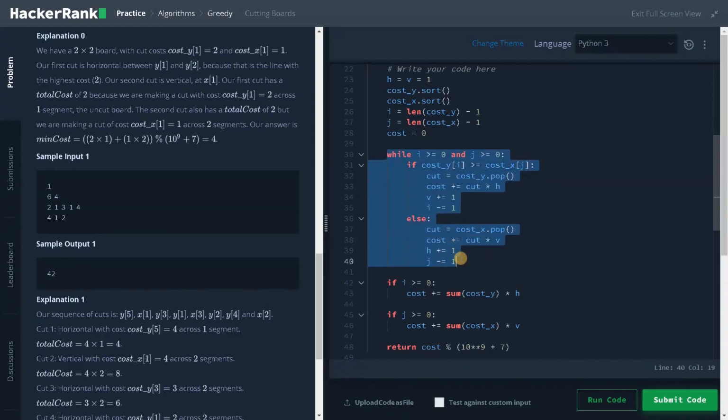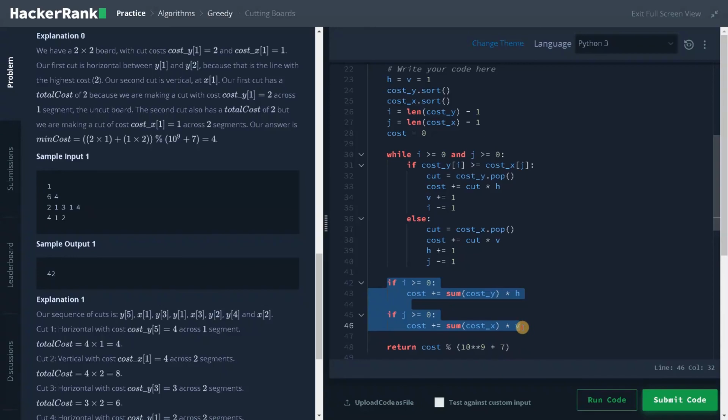I have done it here, and if there are any remaining costs available, I just take the sum and multiply the cut here. So that will satisfy the condition. This is almost similar to merge sort, so that's why I used a similar operation here. If you see, when you are traversing both arrays, some array will finish first, so the same approach I just used here.